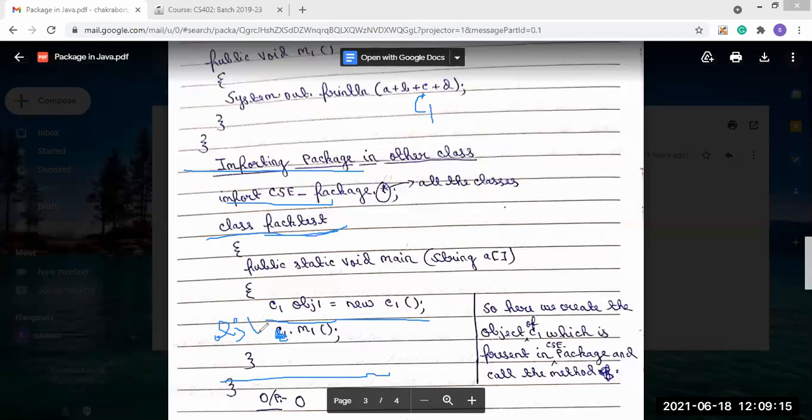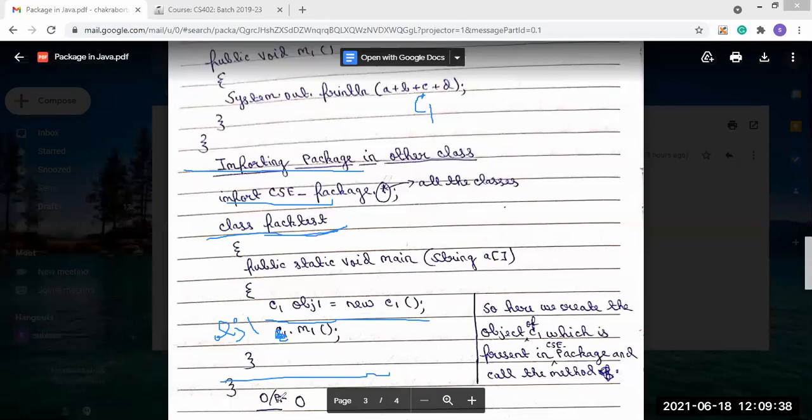The M1 method is also present in that C1 class, so we can access it because we have created the object, and through this object we call the M1 method present in the C1 class.